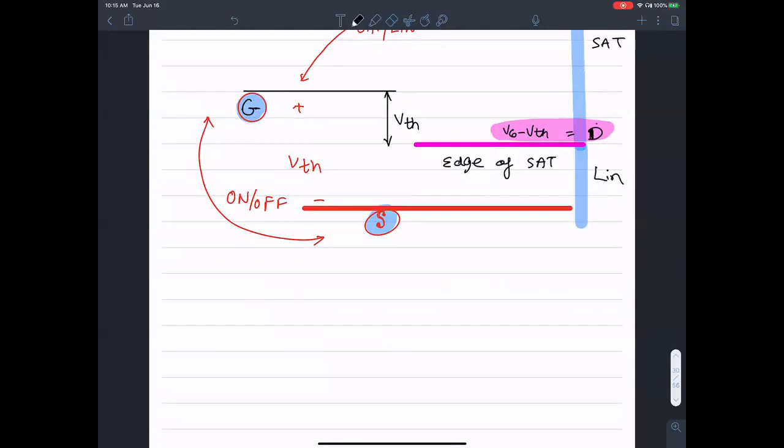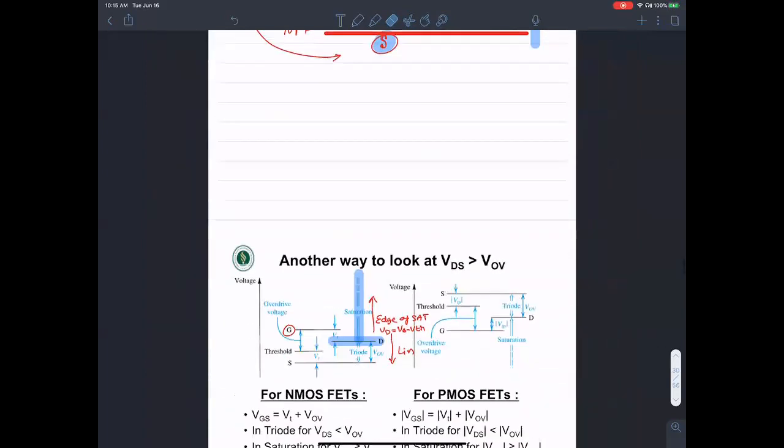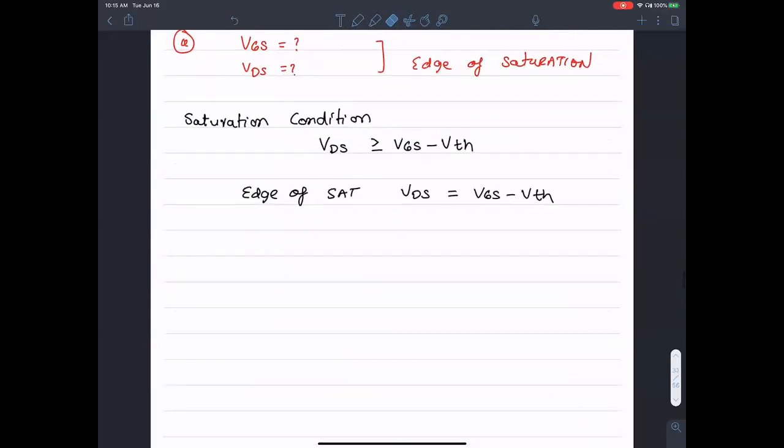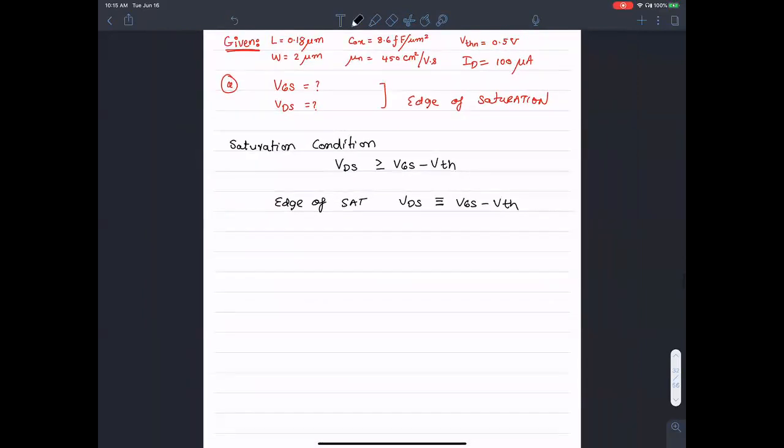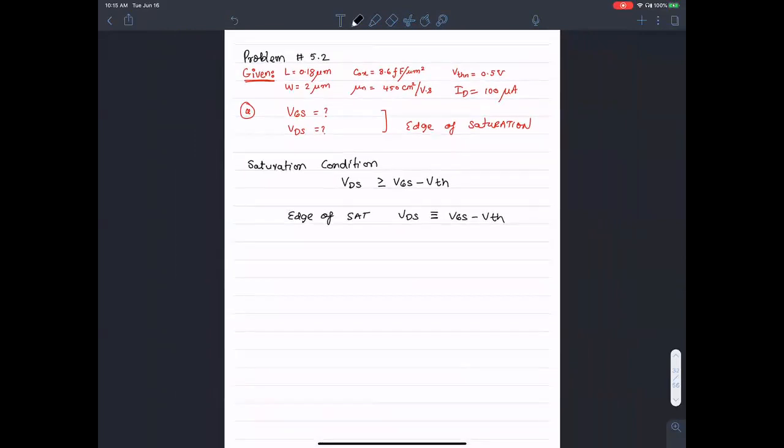VD is equal to VG minus V threshold. Okay, that's something that we saw just now, the edge of saturation. By definition, edge of saturation means VDS equals VGS minus VTH, and when I say this equals, it's by necessity or by definition. So what we are going to do is